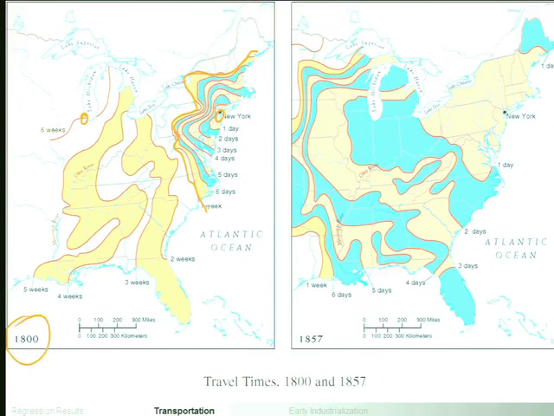You could get 2/3 of the way through Pennsylvania. You could get down to North Carolina, to about halfway down the coast of North Carolina, but that would take a week. So travel times were very long in 1800. If you were going to go from the East Coast out here to near the Ohio River, you're talking weeks and weeks of travel. There are travel improvements that are pretty marked over this 1800 to 1857 period, so that